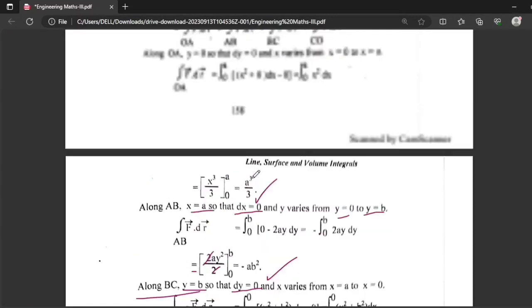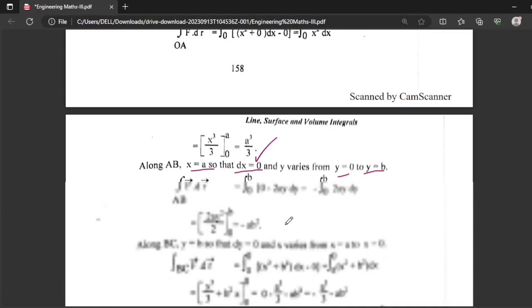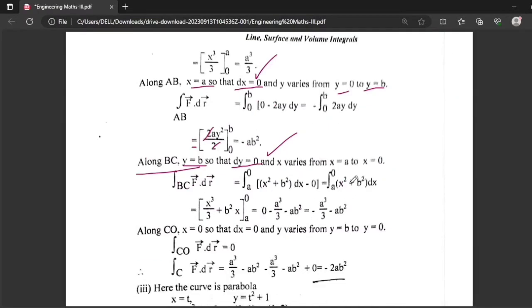As dy is 0, this whole term will vanish, leaving behind x square plus y square dx. X is a, so a square plus